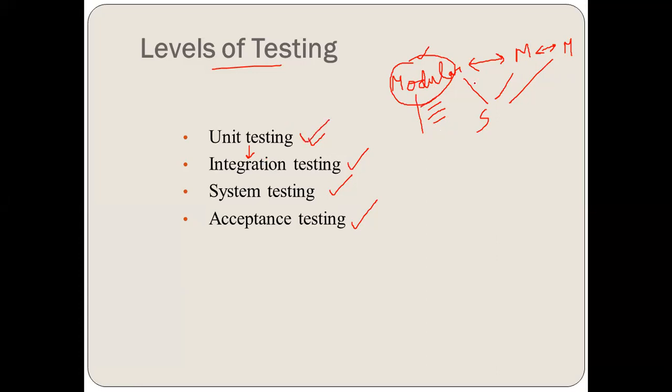Now at the next level, what will we do? We will integrate these 2 modules and these 2 modules, and finally we will integrate this particular module. When 2 modules are being joined together, there can be a problem or errors, because the communication or the interface between the 2 modules has been created. The traveling of information from one module to another can create a problem. So that particular testing, interface testing, is done in integration testing.